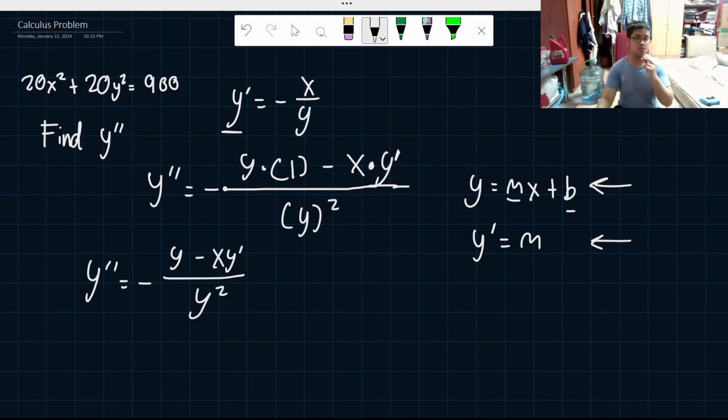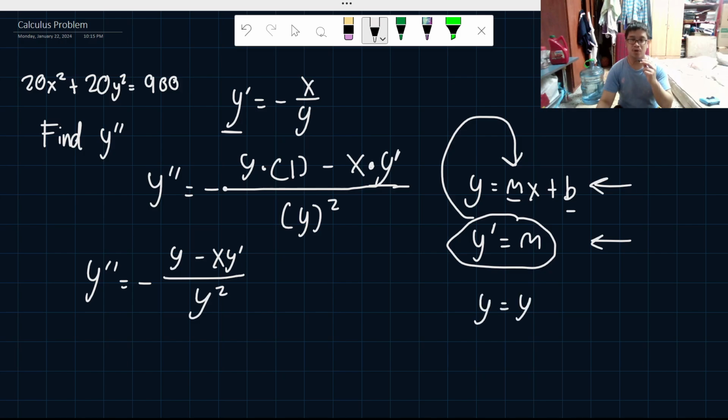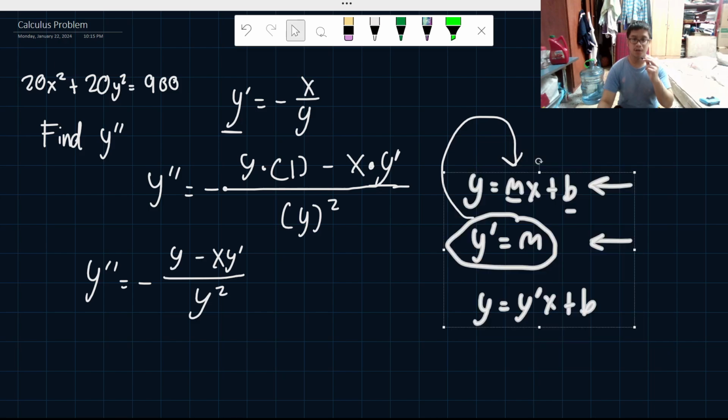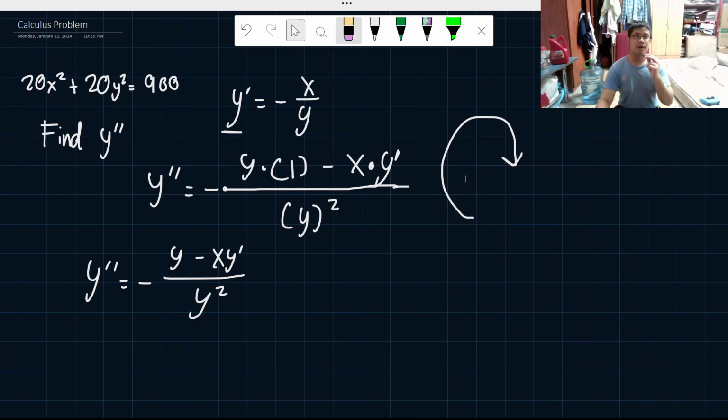So here we can apply a system of equations. We can substitute. We have y prime is equal to m, so that means we can substitute m as our y prime. So we have y is equal to y prime times x plus b. I hope you get the idea here, because that's what we're going to do in this case. Since y prime is equal to negative x all over y, therefore we can simply rewrite this as